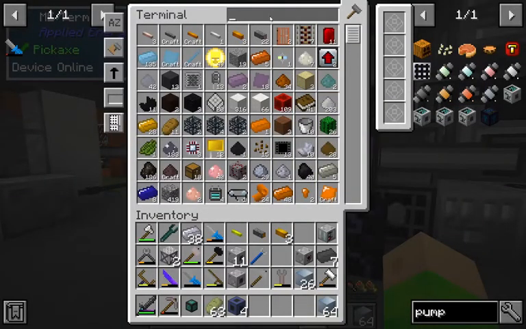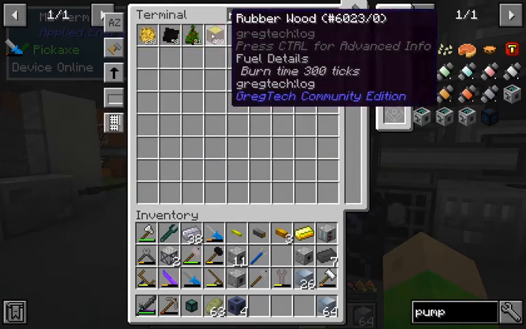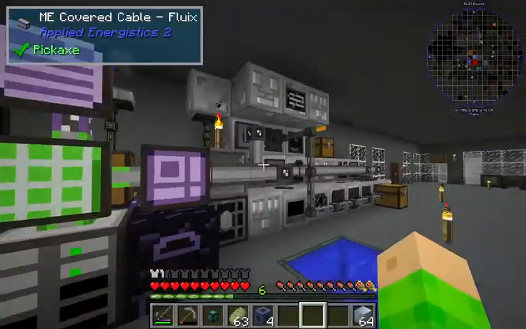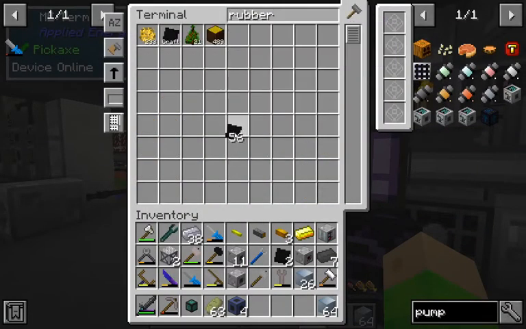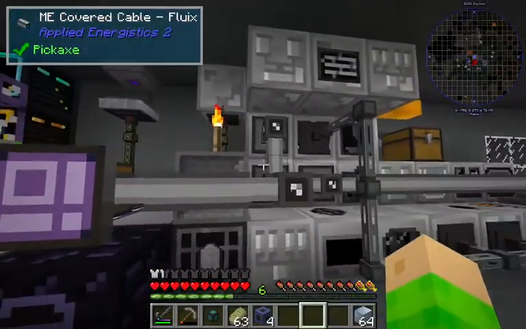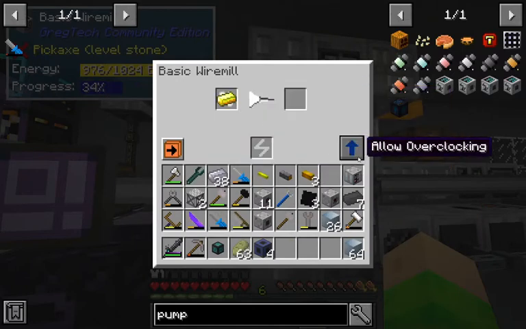And then we need some gold cables. So gold cables, and we need 2 of these. And gold cables cannot be created in the regular fashion by just putting rubber and wire inside the